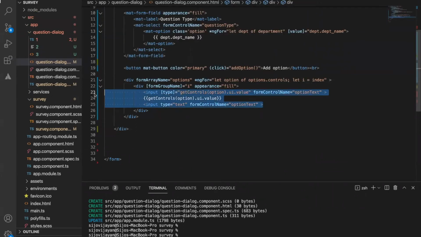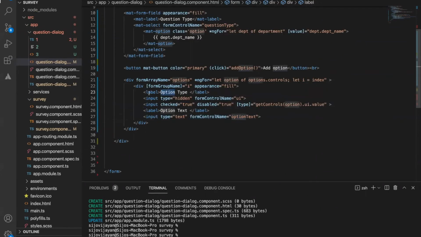Let's modify this in a different way, putting some label, and I also define a hidden field. So here we have the input, and we don't need to modify the value of the UI control. Once we select that, we don't need to modify.